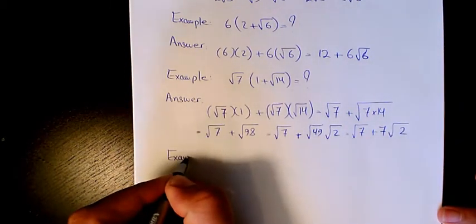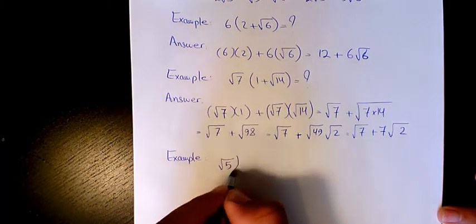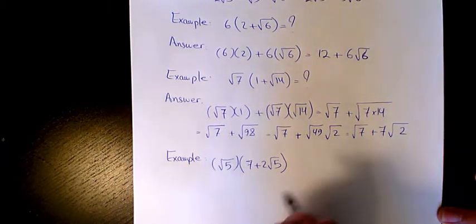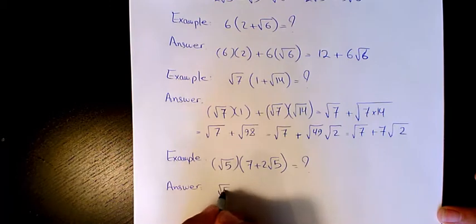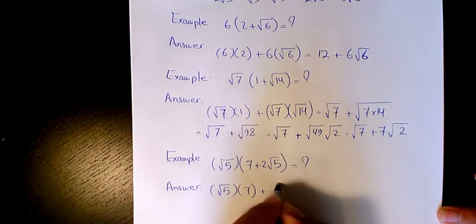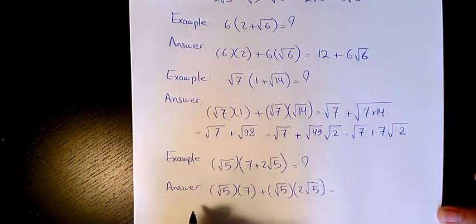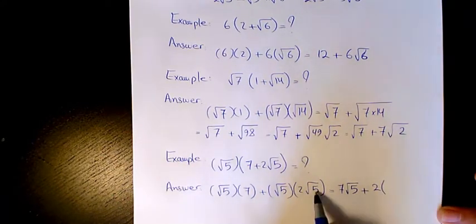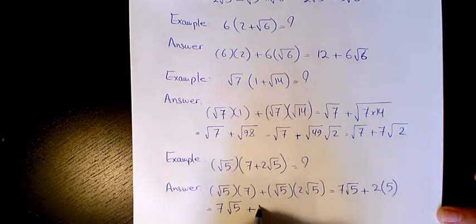Next example, we have root 5 times 7 plus 2 root 5. The answer is root 5 times 7 plus root 5 times 2 root 5. So we have 7 root 5 plus 2 times square root of 5 times square root of 5. It's going to be just 5. Then it's going to be 7 square root of 5 plus 2 times 5,